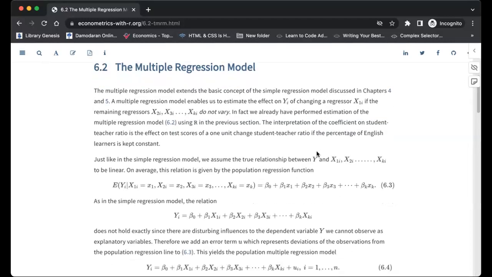So basically, the interpretation of the coefficient on student-teacher ratio is the effect on test scores of a one unit change in student-teacher ratio if the percent of English learners is kept constant. So in a sense, we are trying to control for all the other variables that are correlated to student-teacher ratio, and that also help us explain